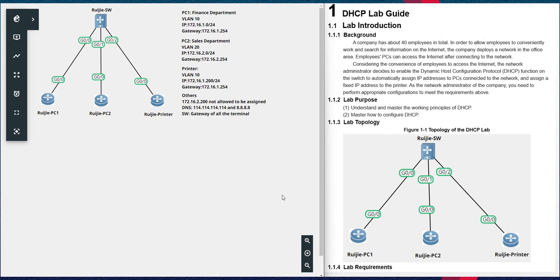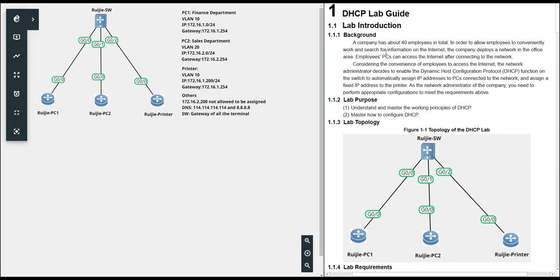some principle of the DHCP, right? We can use this special protocol to assign IP address, the gateway, and some other parameters automatically. So here we will do some practice to let you know more detail about this protocol. And of course, the first part, let's say the background.